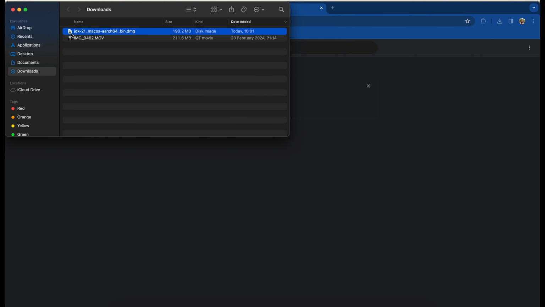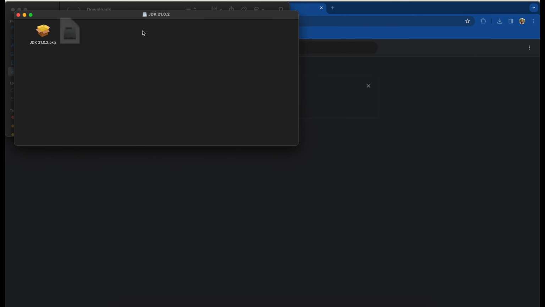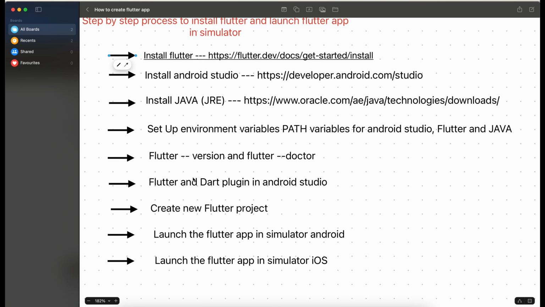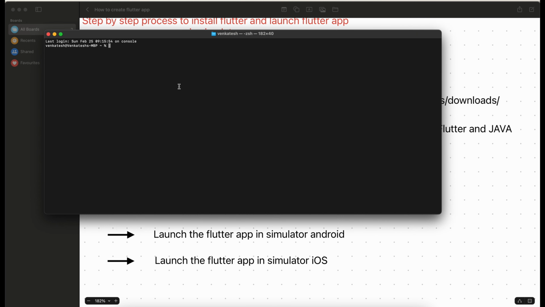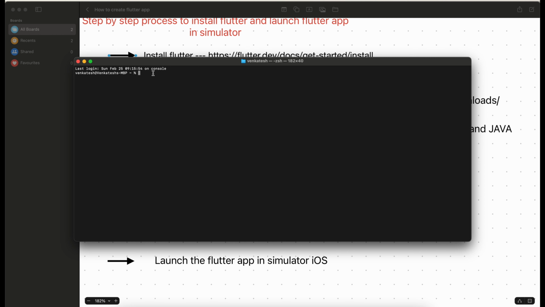Go to this location and double click this so that it will start the installation process. I have already installed it, so I will not show you this again. Our next step will be to set up environment variables, path variables for Android Studio, Flutter, as well as Java. So for that I will open terminal and type